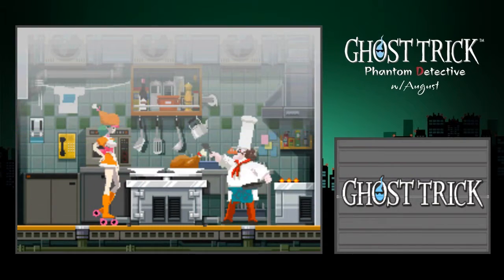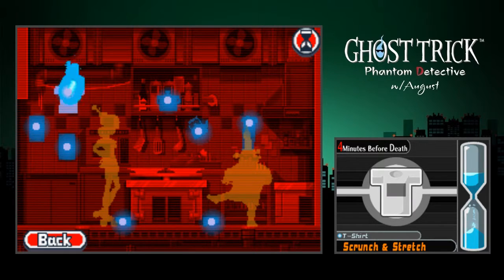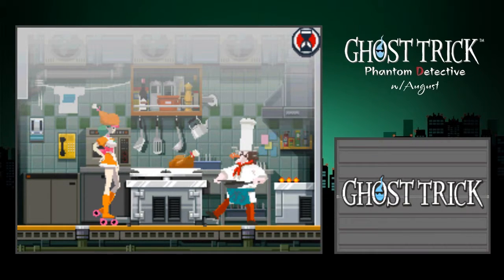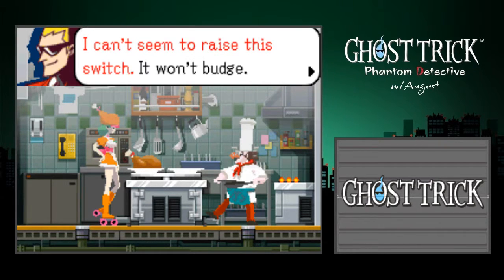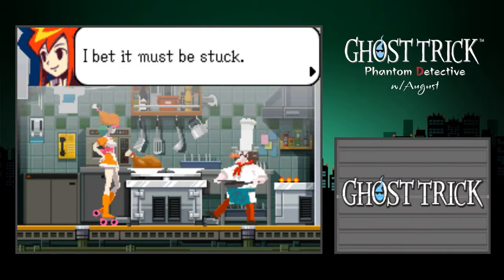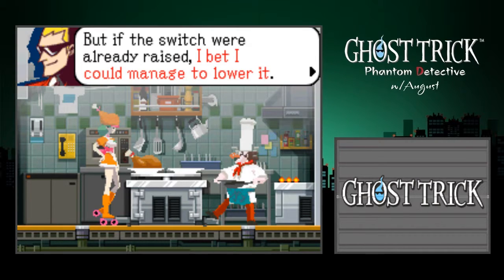Feet changed! Okay, so what can we do in here? We have a switch to turn something on. We can scrunch and stretch the t-shirt. Let's turn the switch on first. Oh, okay. The whole place is sticky with grease. But the switch...